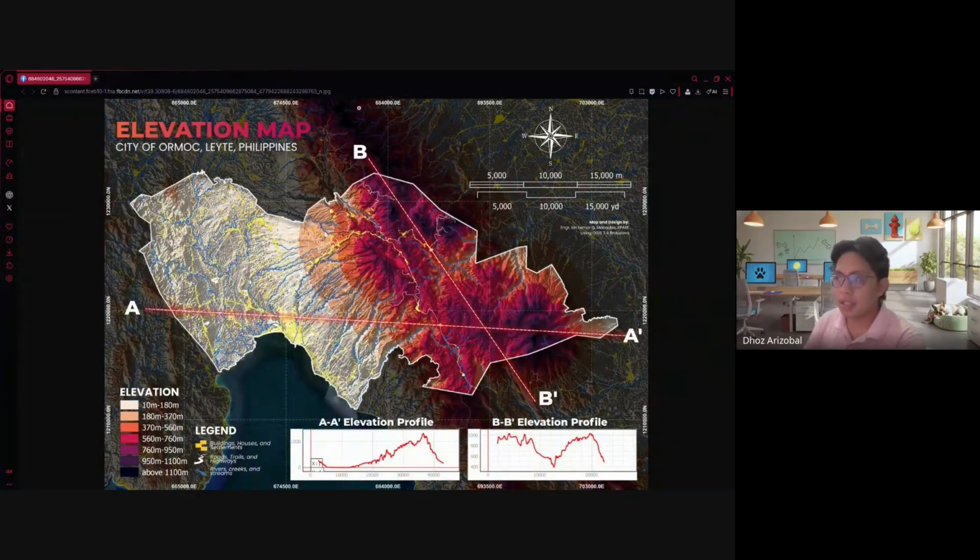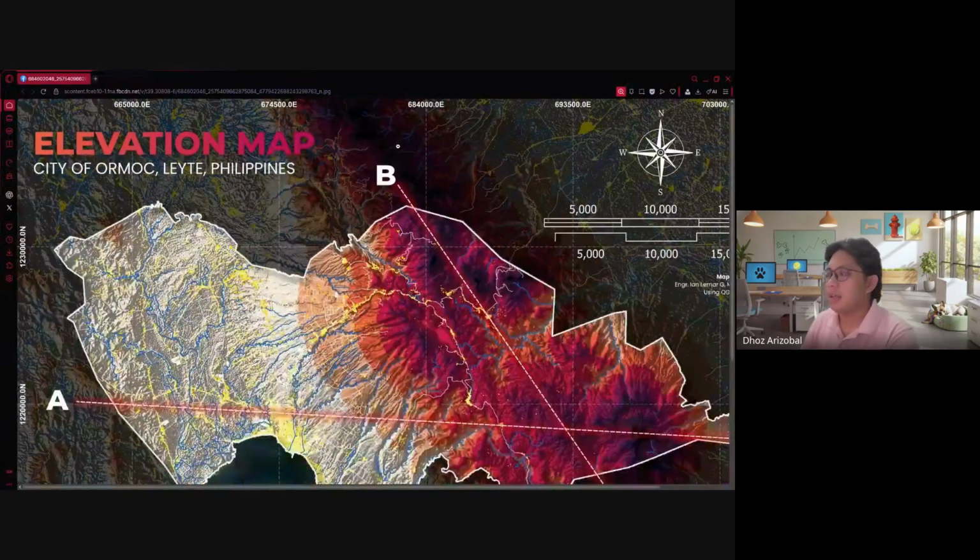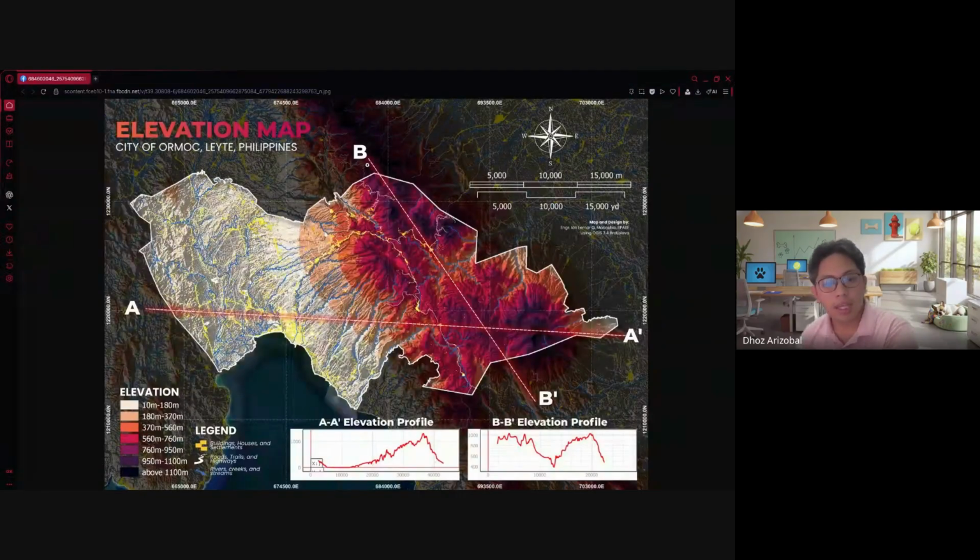That just means that the CRS he chose is, I can zoom in, you see here that it's in 674,500 E and so on and so forth. That just means he set the CRS of his DEM as metric.